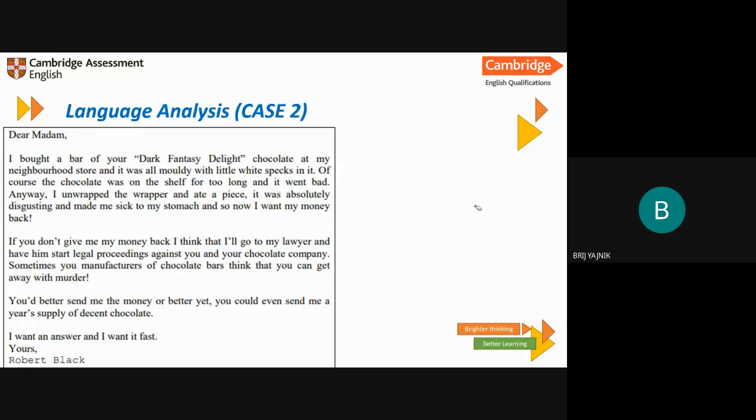Right. So now the point is, what we are trying to discuss here. The point is very clear. This is an email of complaint, but we need to understand how to write the email of complaint. Okay. Now, did you focus on one more part? And please tell me, agree.